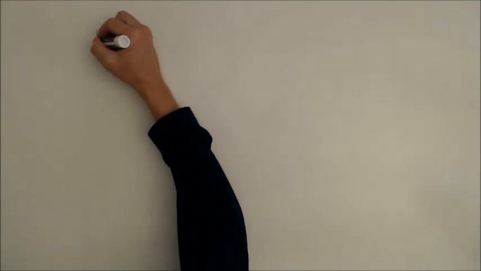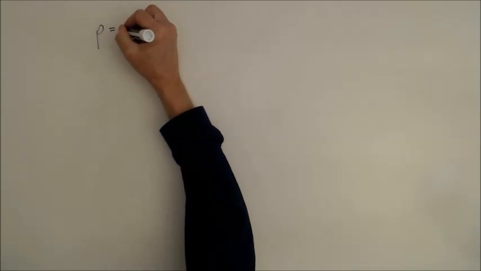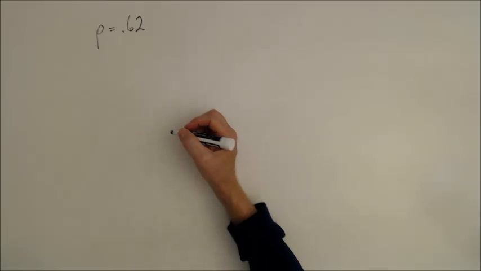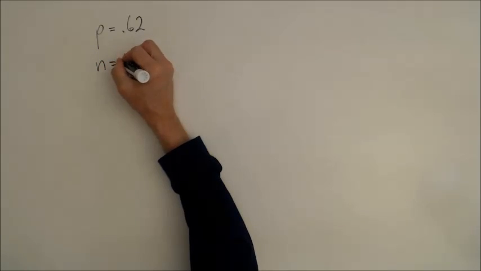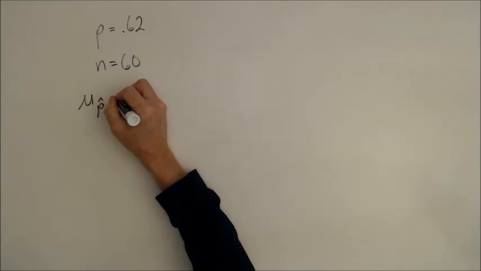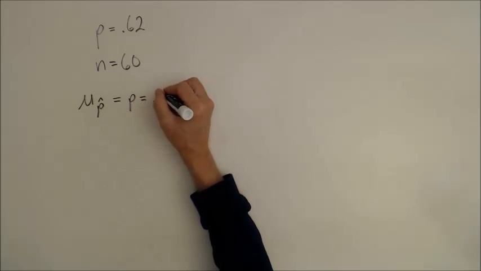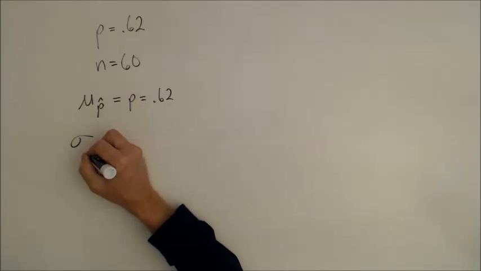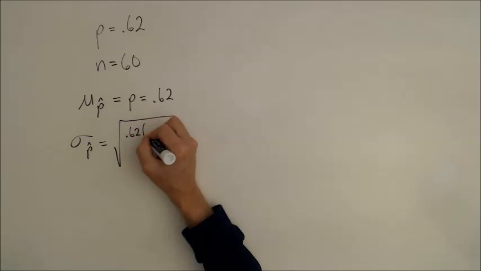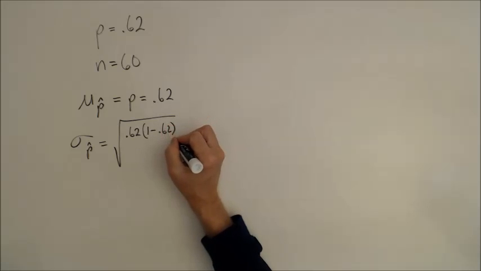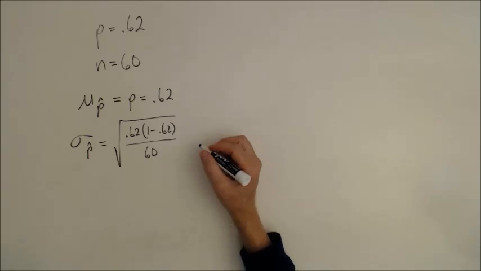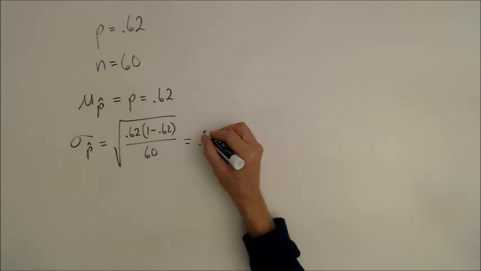For this population of amusement park visitors, it suggests that 62% of the population waits longer than 30 minutes to enter the ride. We're asked to consider a sample of size 60. Thus, the distribution of the sample proportions has a mean value of 0.62, and the standard deviation for these sample proportions is computed in the usual manner, the square root of p times 1 minus p divided by the sample size, in this case n equals 60. Making this calculation, we find the standard deviation is approximately